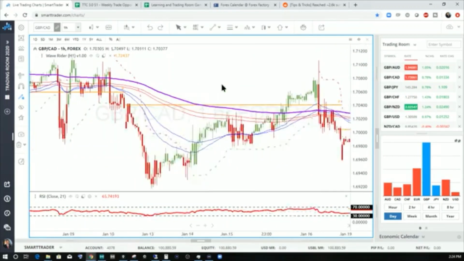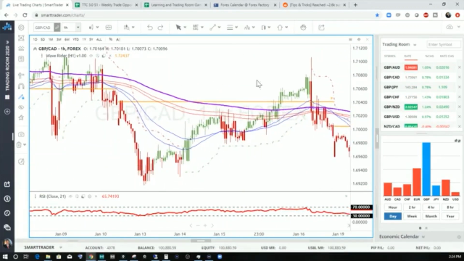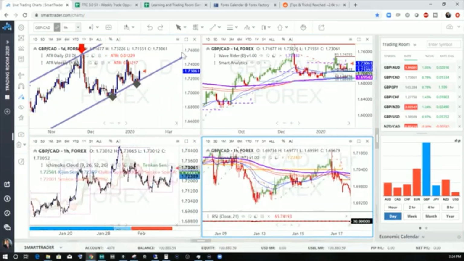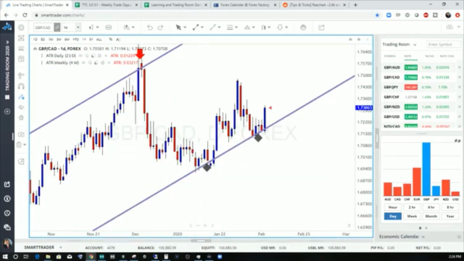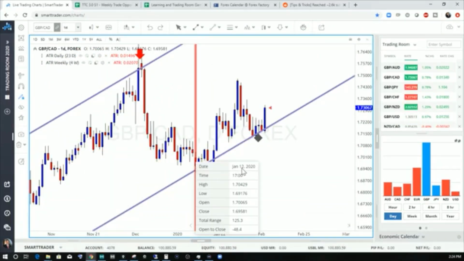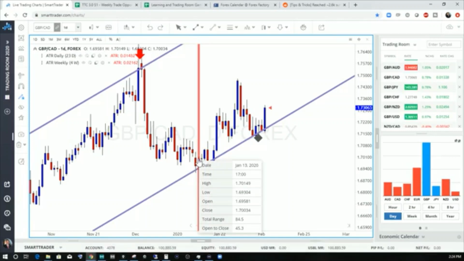Now, something you need to know. If I go to the 1 hour chart, right, so the daily chart, if this is the 12th of January, this is going to be the closing candle on the 13th, because this candle opens up on the 12th at 5 o'clock, but it closes on the 13th at 5 o'clock. So the next candle, which is the opening candle on the 13th, that's when I want to go ahead and trade. And guess what? Because I'm using an